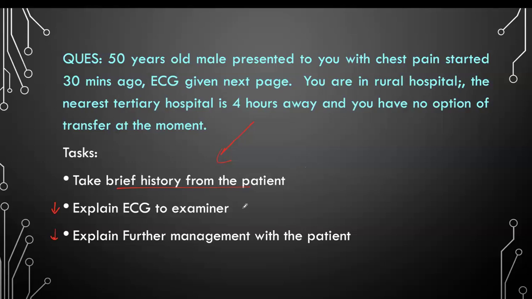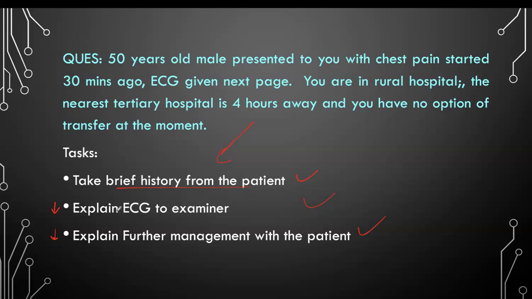In this case, you don't have a lot of time, right? There is history, ECG explanation, management. So it is a long task to finish, and history should be brief. Just chest pain history, then maybe just respiratory differential diagnosis you can rule out, and then you go for some of the risk factors of myocardial infarction: family history, smoking, alcohol, past medical history, and then you finish it, which you have done really well.